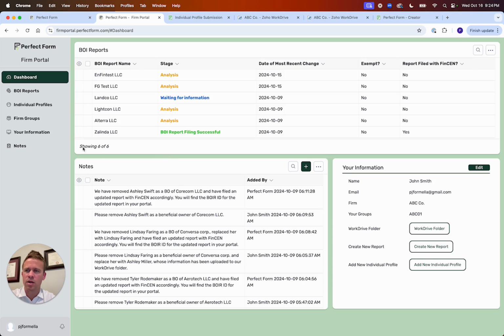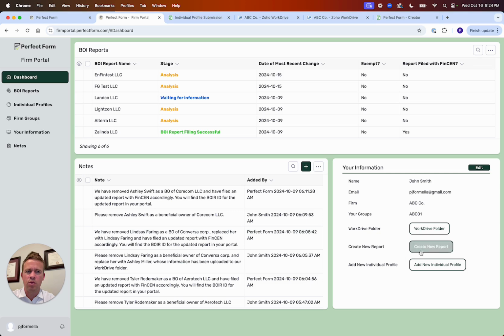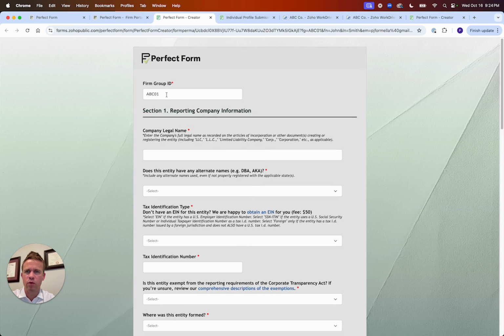Last item I want to touch on is this firm groups module on the left-hand side. When your company is initially onboarded with us, you'll have one firm group, and that'll be 3 letters followed by 01. And each employee at your organization that's been given portal access will be included in that group. And you'll see that every time you create a new report via the single entity intake form, the firm group ID field would be populated with that 01 group. That means that when you submit this form, each employee at your organization with portal access is going to have